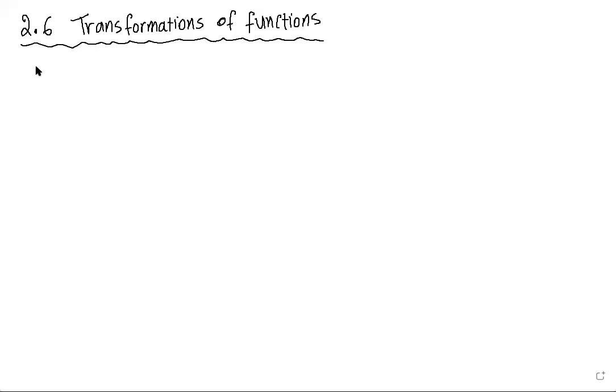For this way, we have to know the basic or the original functions. Then by using the original function, we can draw other functions. So let me first of all give you the graphs of the basic functions. We're going to use them today. The first function we're going to use is the linear function. A linear function is a function of the form